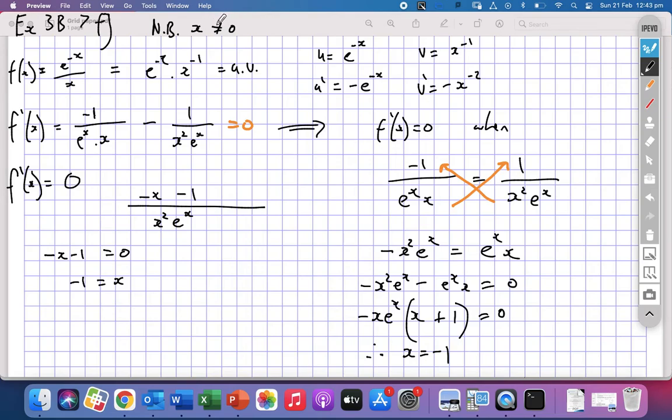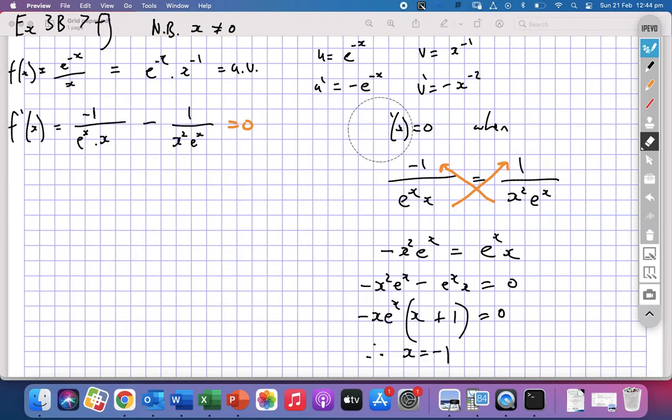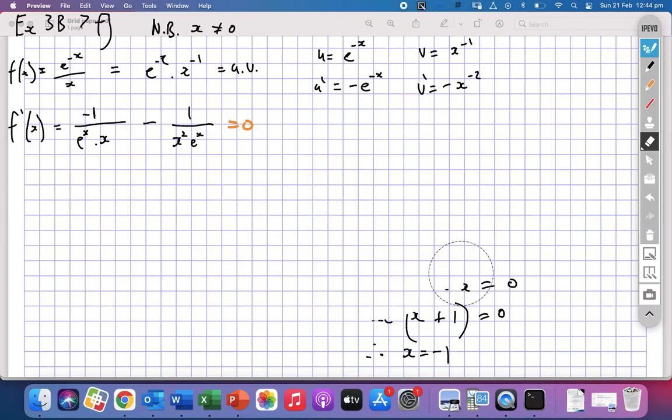That's an asymptotic point. You can see it here actually. X can't equal 0. And you can see it there and there in the derivative. I've already done the sign diagram, so I won't do it again. And we've written the answer about increasing, decreasing functions. But if you were testing this,